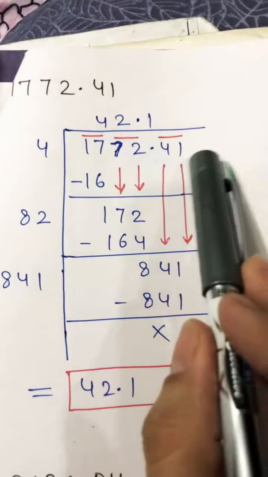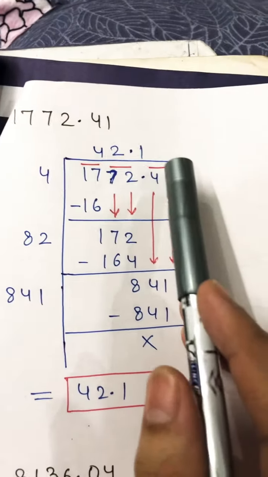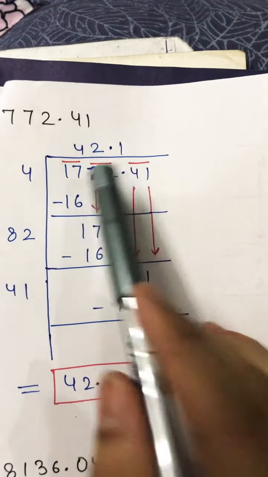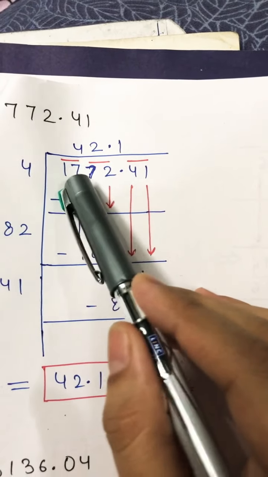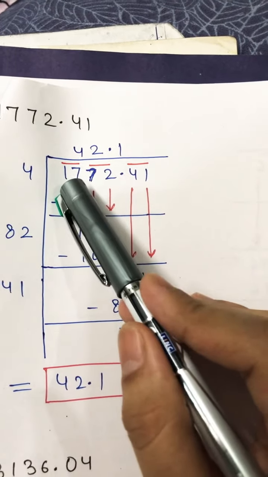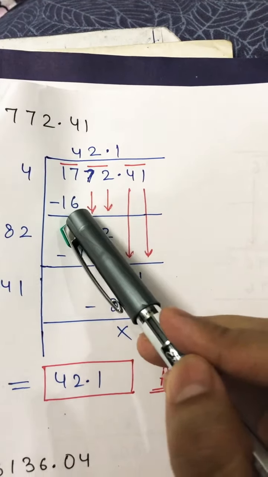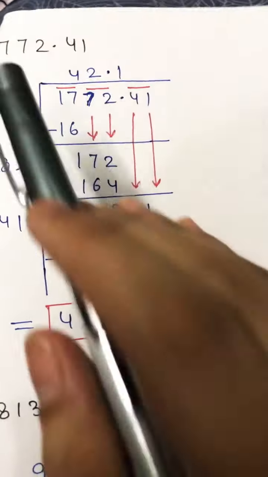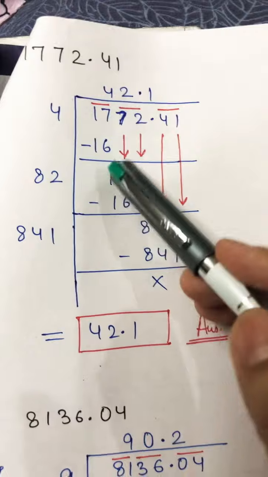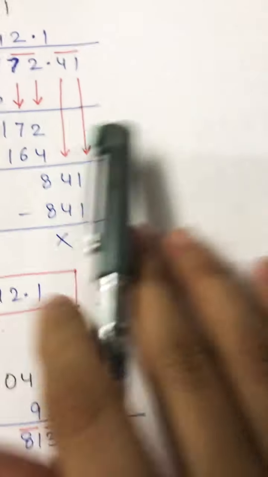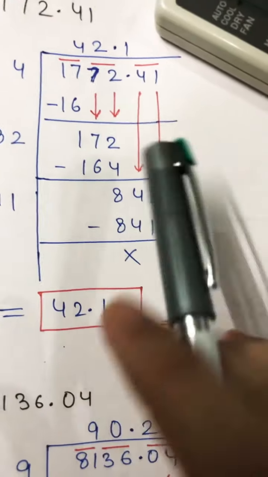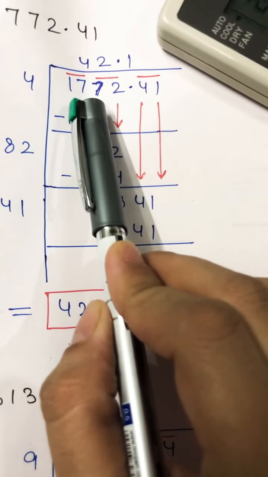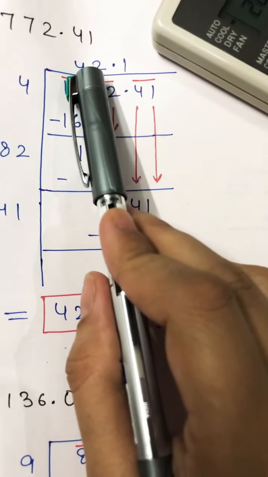Draw the long division method symbol. Now write down this number here. Now start making pairs from the last digit. After making them, you will have to check: these two digits will go on which table? It will go on 4. 4 4s are 16. Now 17 minus 16 is equal to 1. Take out the next two digits together. When you take out the next two digits together, you can see that there is no decimal, so no decimal will come.